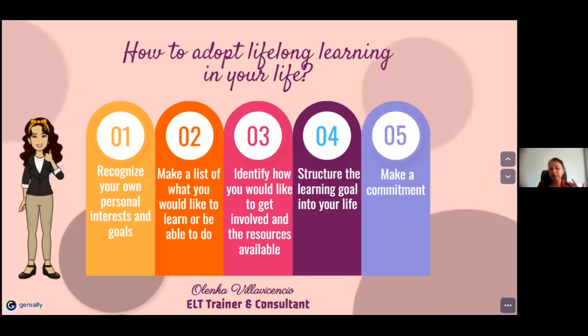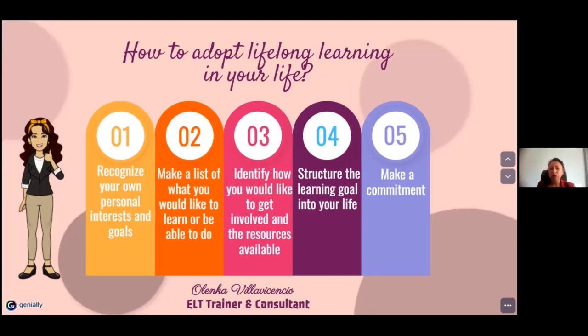In 2019, it was the first time that I traveled to the United States for TESOL International, and I would love to volunteer there. So my idea is, I love using technology in class, so I would like to get involved with this kind of group, with this kind of team or organization and so on.